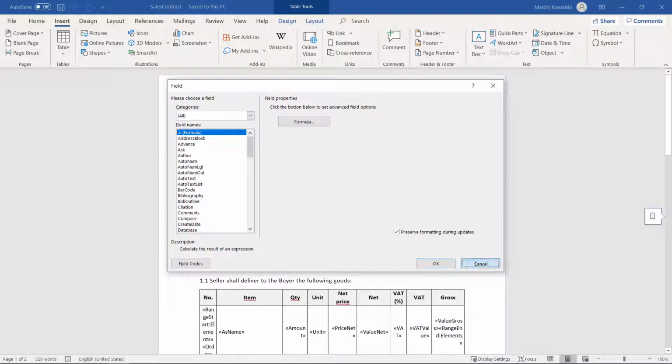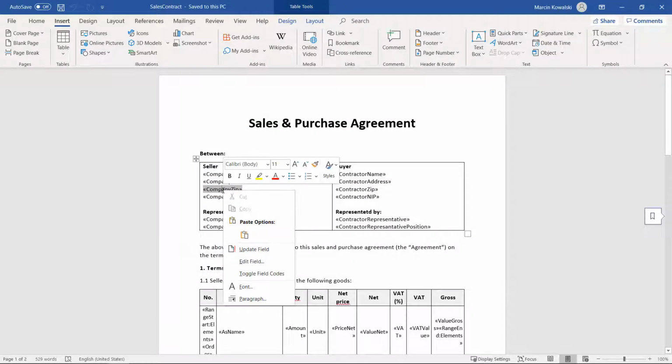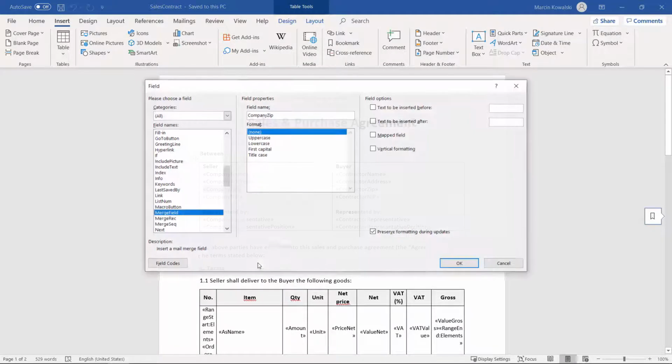What we'll be using most of the time is a simple field called merge field. So you just insert merge field, then you enter the code of that field